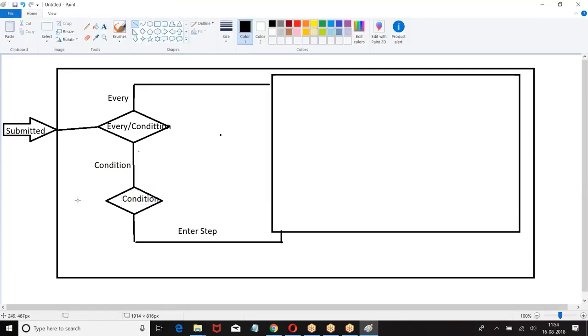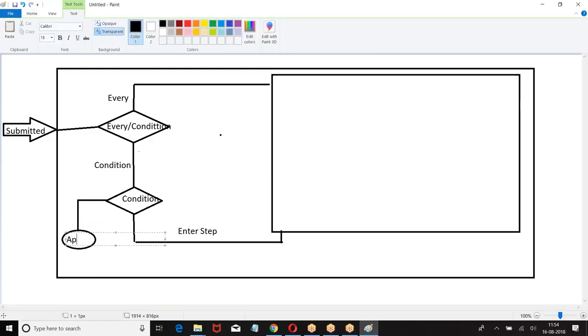If condition is false, what are we doing? If condition is false, approve or reject, it's your choice.